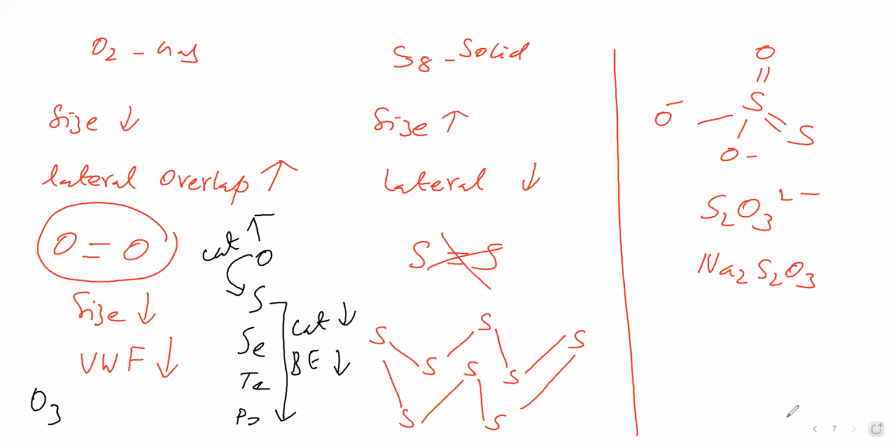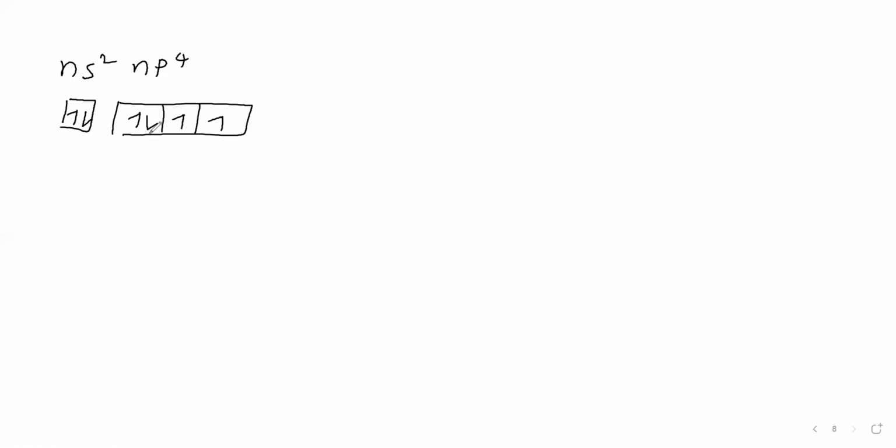Next we will see oxidation states. The oxygen family elements come under ns2 np4. So ns contains 2 electrons, np contains 4 electrons. So the valence shell of oxygen family elements has 6 electrons. If it gains 2 electrons, it will get an octet. Therefore, it shows -2 oxidation state. Then it can show positive oxidation states also. If these 2 unpaired electrons are involved in a chemical reaction, it will show +2 oxidation state.